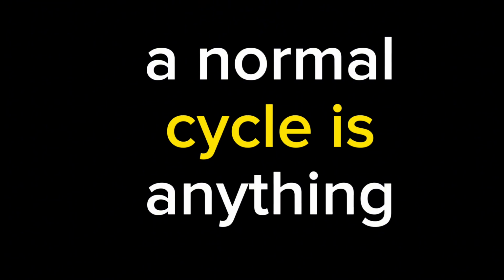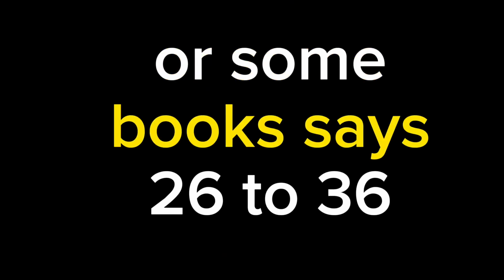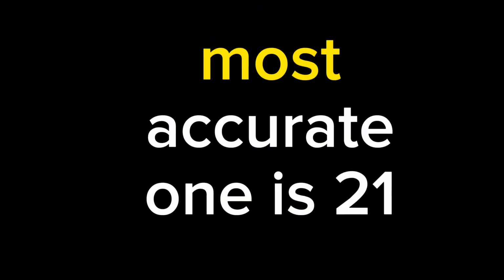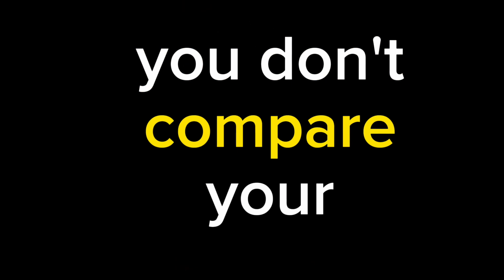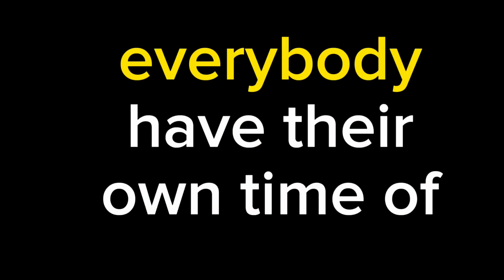However, a normal cycle is anything between 21 to 35 days, or some books say 26 to 36. I don't know, but the most accurate one is 21 to 35 days. So this means ovulation is unique to your menstrual cycle. You don't compare your ovulation with somebody else. Everybody has their own time of ovulating, just like everybody has their own time of